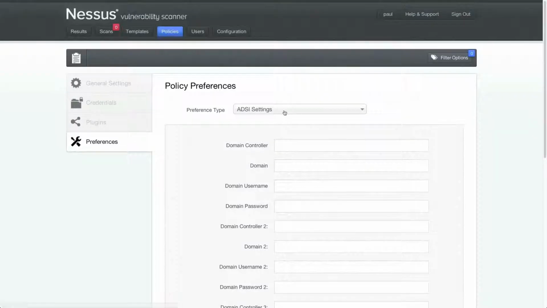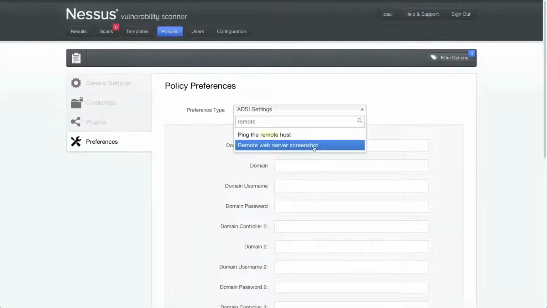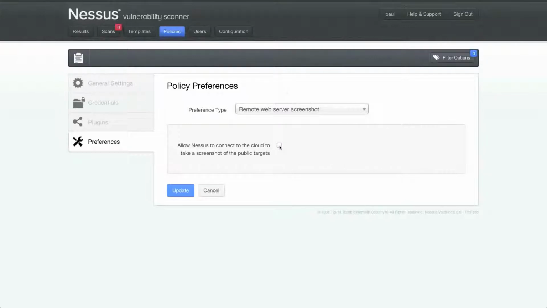So what you need to do is come into your preferences. You're going to look for a preference item called Remote Web Server Screenshot. And what this setting, once you check the box, allows you to do is allows Nessus to connect out to a cloud server on the internet and take screenshots of public targets. So your targets for website screenshots in this particular setup have to be connected to the internet or accessible from the internet. So it can't be RFC 1918 IP address space that you're trying to scan and expect screenshots,